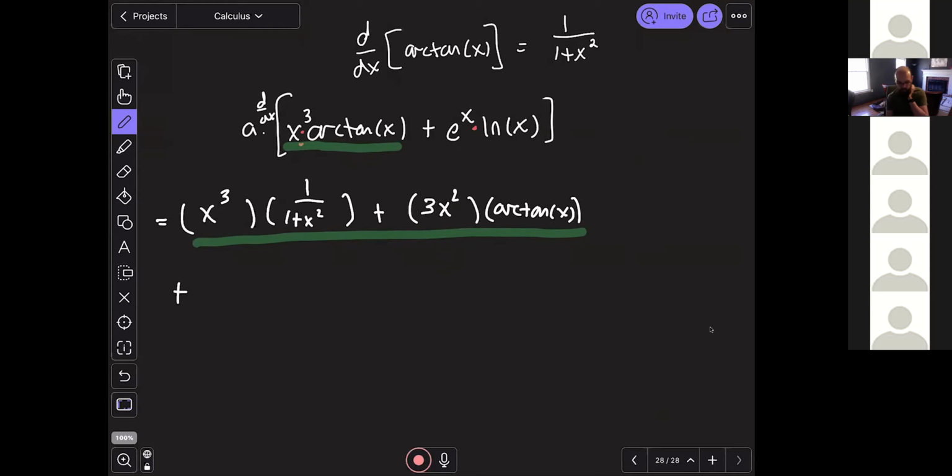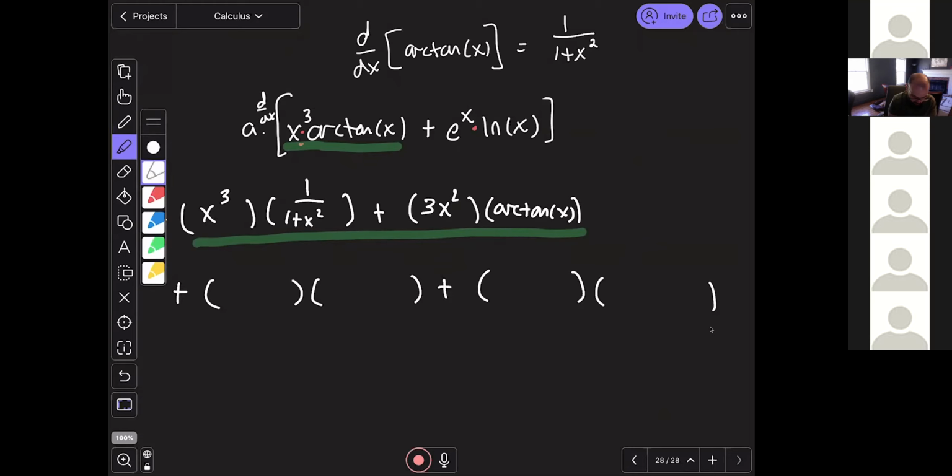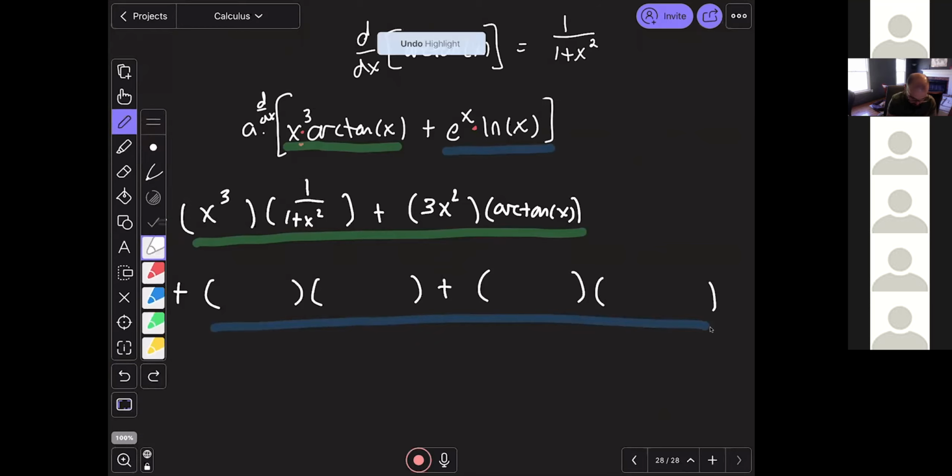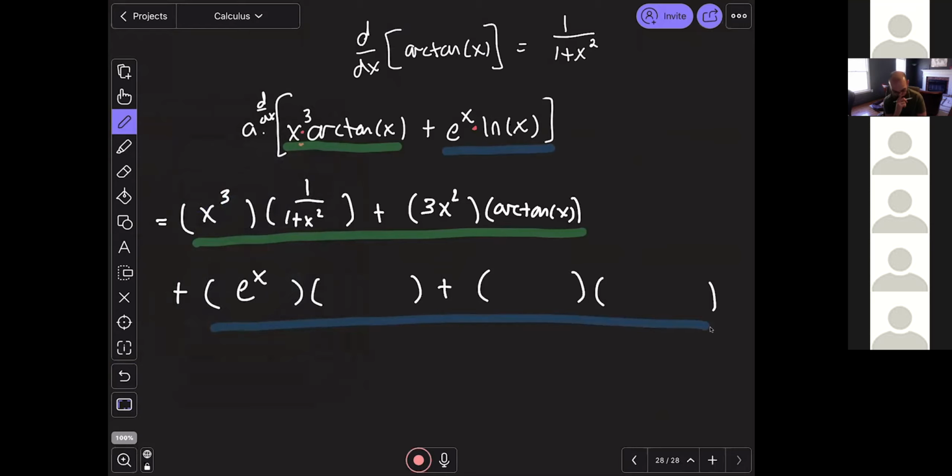We're going to have to do the same thing for the next piece, right? So what I'll do is I'll set up my product rule framework here, and then in each of these pieces, we're going to go ahead and put in, right? So this is our blue piece. We're going to put in each spot. So e to the x is left alone. Then I have to multiply by the derivative of natural log, which is 1 over x, plus then